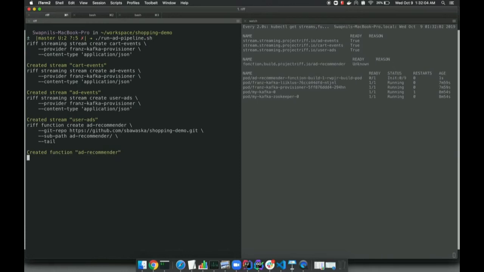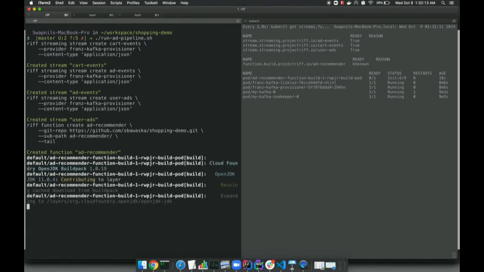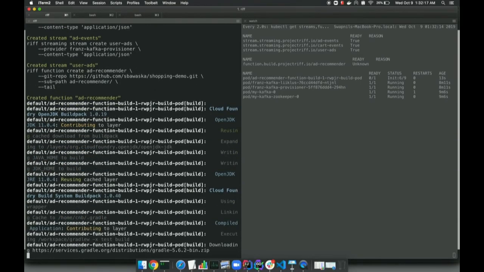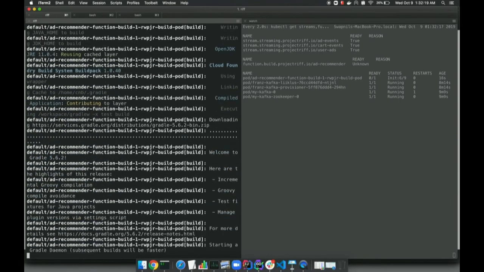And we have a specific module, so that's why there is a subpath, but basically it will point to a Gradle project. Then the part that takes the longest in this demo is actually getting kpack to build the function: grab the sources, analyze what kind of runtime it is, Java, Node, or something else. So it's Java, then is it Maven or Gradle? It's Gradle, then grabbing Gradle, triggering the Gradle build, getting the package, so it takes a little while.